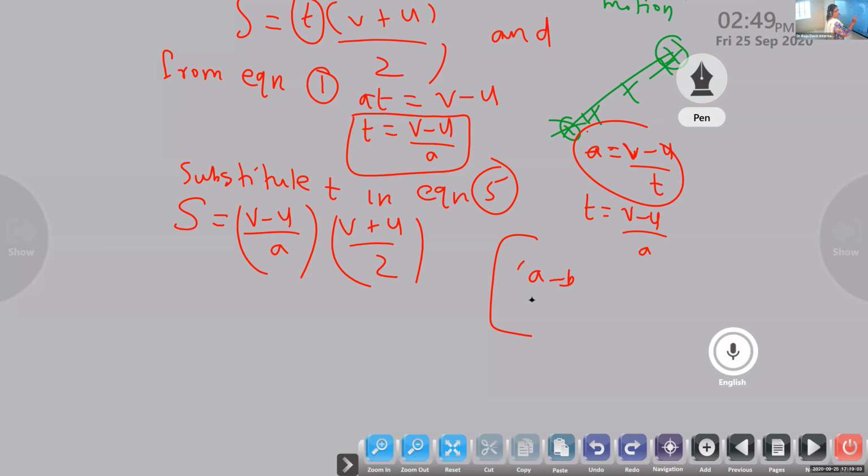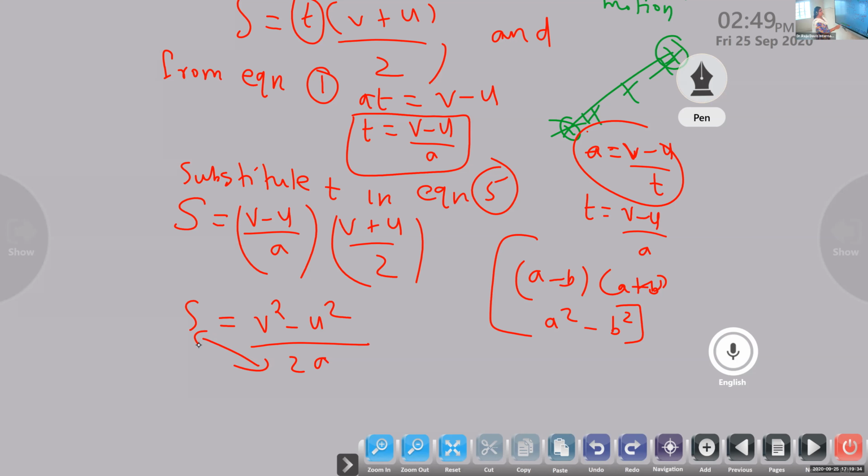Biology students, basic maths you should know, okay? You cannot escape fully from maths because of physics and chemistry. So all this algebra, decimal calculation, division, addition, subtraction, integers, powers, don't forget, you have to use. There's no way. Clear? Now what is that? Simple. V squared minus U square. Then you just take to the other side and multiply. So we are getting the final equation. That's it.